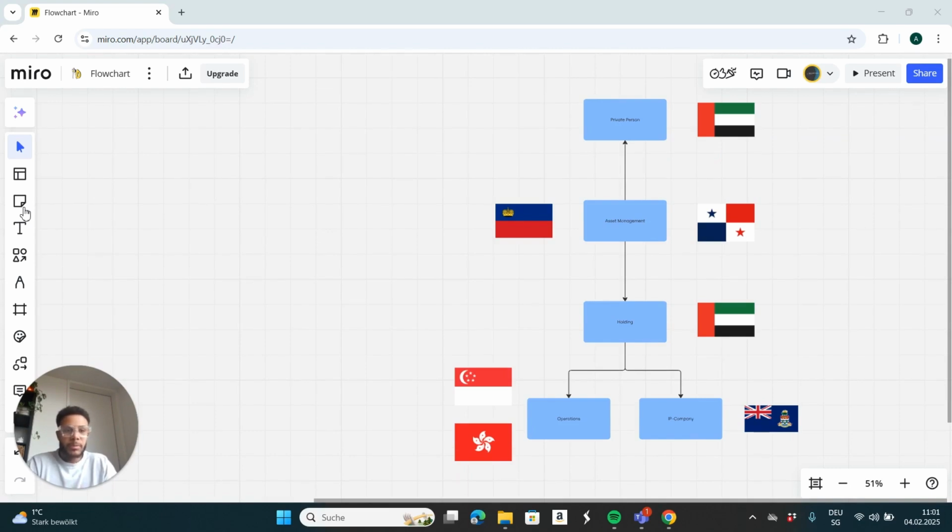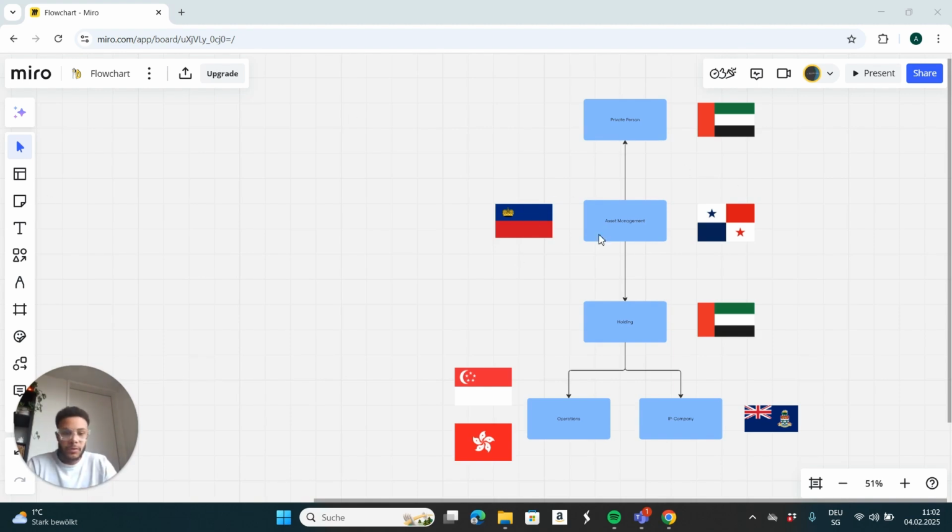So for that, to bring you an example, to bring you something to look at, I have created a basic holding structure, an international company structure where you would pay zero taxes. So let me run through it. You as the owner of the whole construct of the company, in Dubai. Here, it's pretty commonly known that you don't have any income tax, no capital gains tax, and that's pretty much one of the most important factors on why so many entrepreneurs go and set their residency up in Dubai.